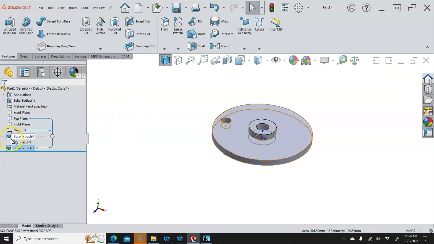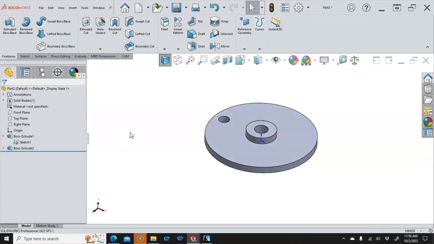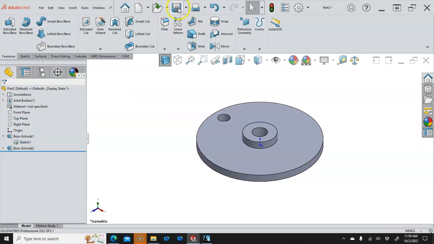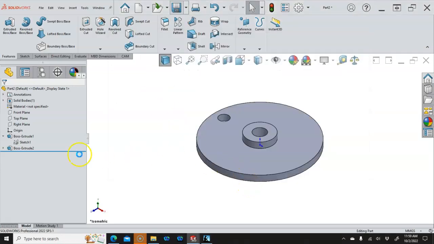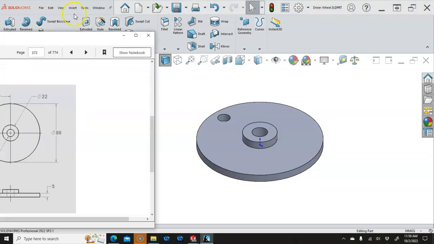Okay, so that gives us our driver wheel. We'll make sure to hide the sketch to clean up. Control 7 will put us in isometric. And we'll add the name. All right, going to our next part. Let's get the